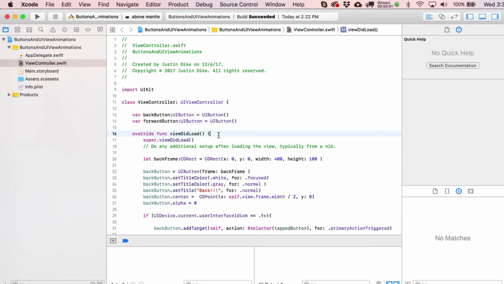All right, let's talk about UIView animations, and this is kind of the icing on the cake in terms of your user interface. You can really make some things transition in smoothly. And to do that, we need something to play around with. And you can see I've got a back button and a forward button over here, both UI buttons,